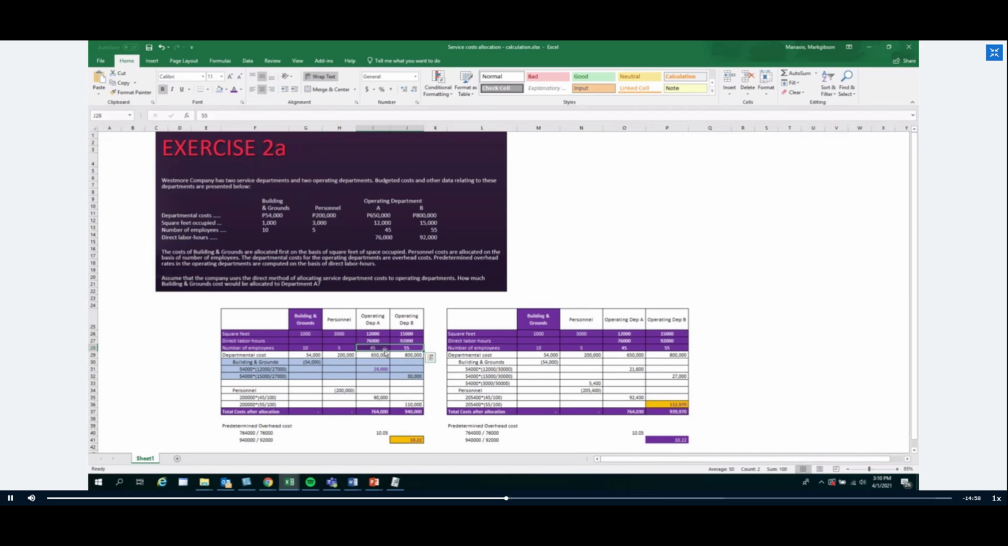So, 45 over 100, saan nakuha yun? Yan yung 45 employees in Department A. And then yung total na 100, multiply by the 200,000. So, allocate mo kay Department A, 90,000. And then allocate kay Department B, 110,000. Siguro para hindi nakakalito, para lang din may reviewer, gagawin ko is,